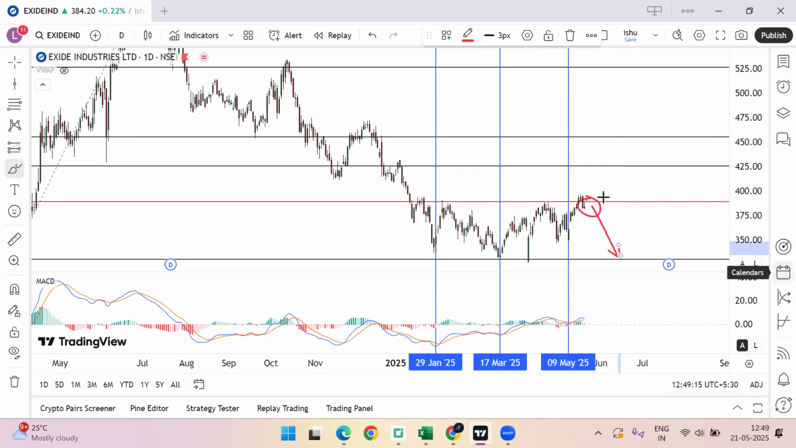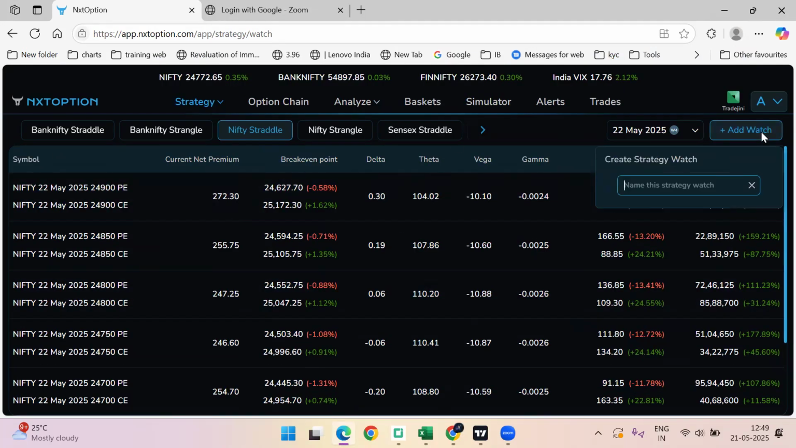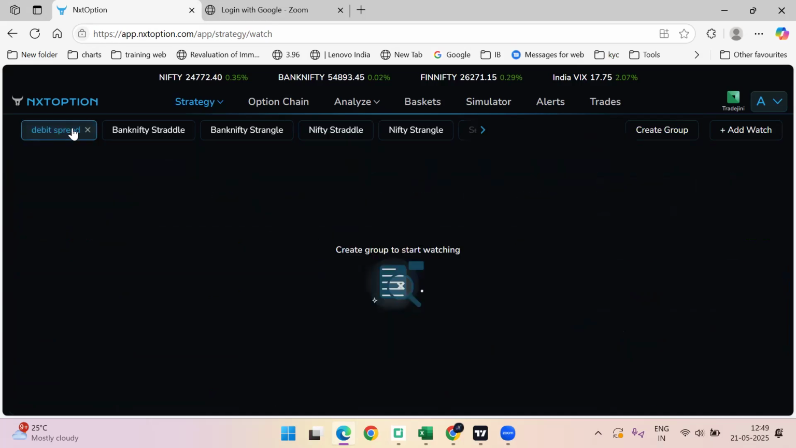Now, assuming that I want to take a long position on Exide Industries, the easiest way for me would be to go for a bull call spread. I will call it a debit spread. Debit spread means you will have a lower premium collection versus the higher premium payment. Let me break it down for you. So here, what I can do,